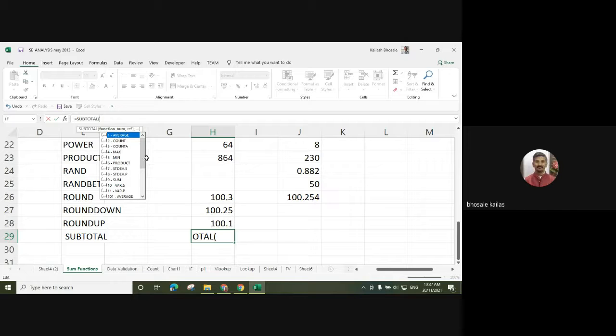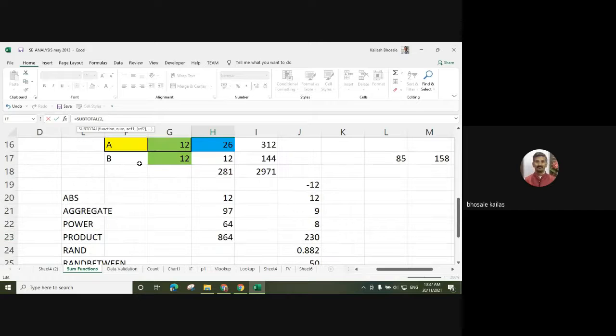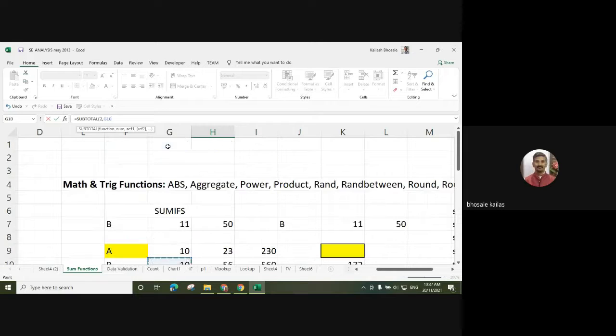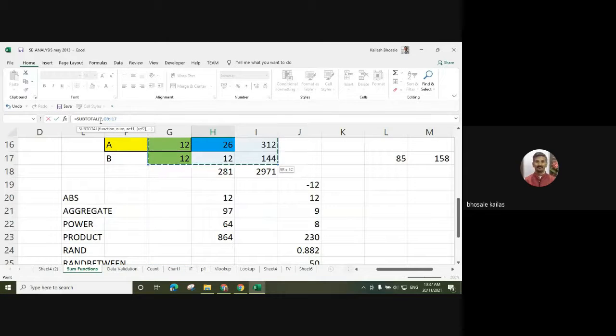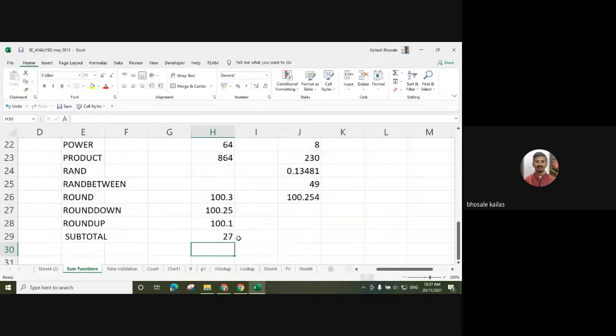I want to find out the COUNT function, suppose. Then press comma. What are the references? I have some data and I want to find the subtotal of this. So likewise, we can use this SUBTOTAL function.